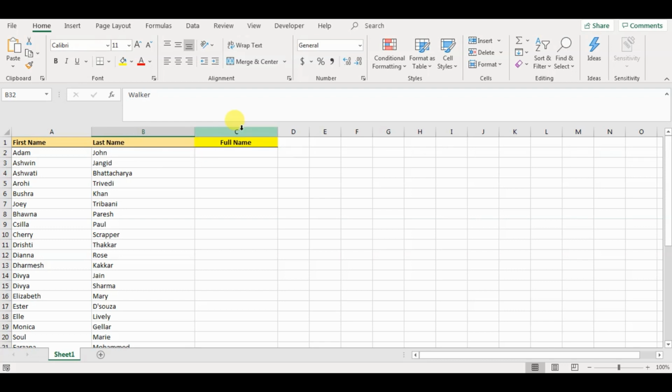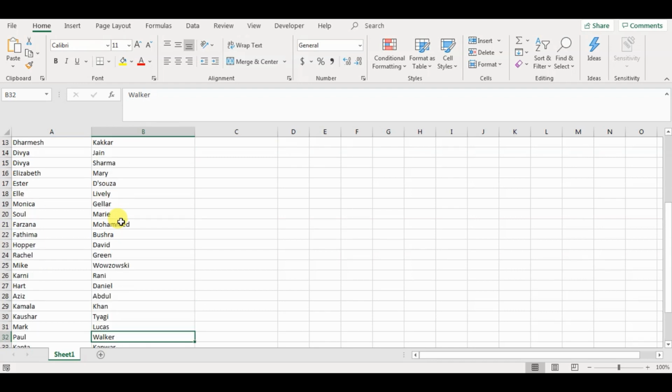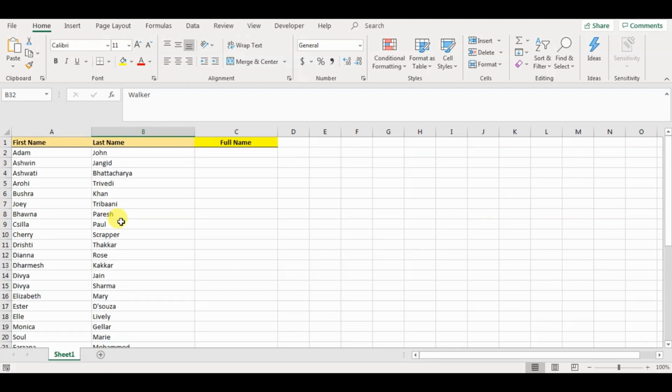Now if it was just two to three rows of data, I could have just manually written them together and my task would be finished. But here I have lots of rows of data. When you're dealing with such situations, it is normally hundreds and hundreds of rows of data. Obviously doing that one by one doesn't make sense, because it can take you hours to finish, it is a very lengthy and boring process. So with the help of concatenate, let's see how we can join all of them together and make this task easy and quick.